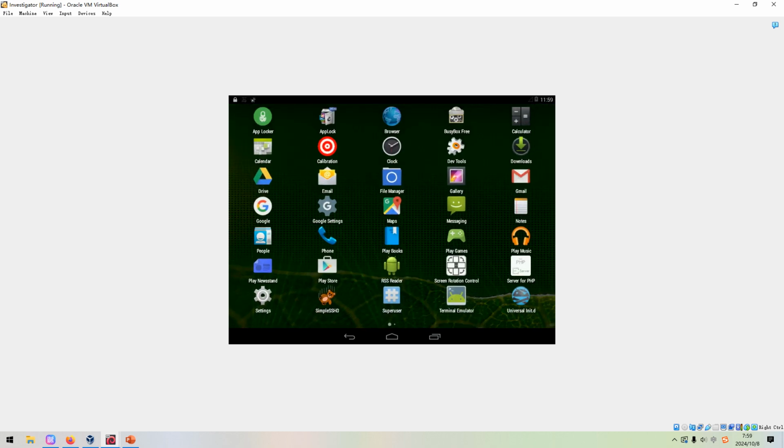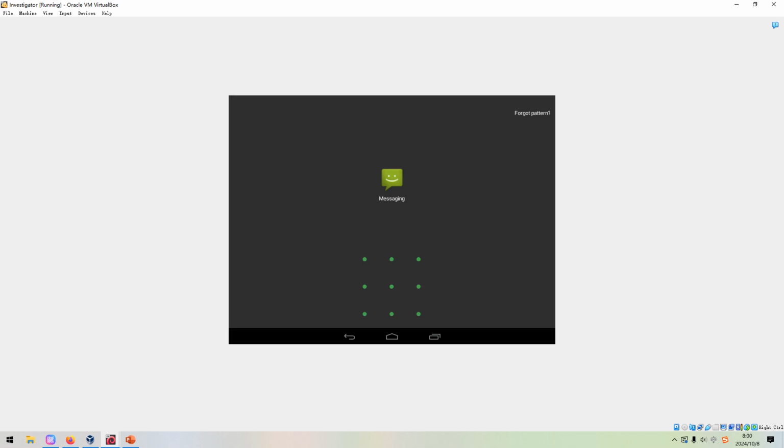We can use the messaging app. However, this time it is locked by the pattern lock,